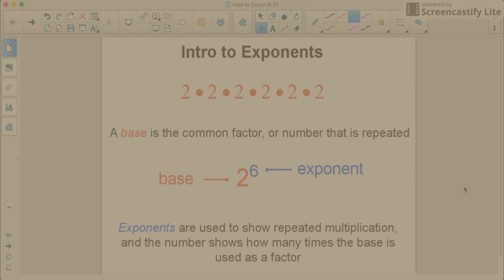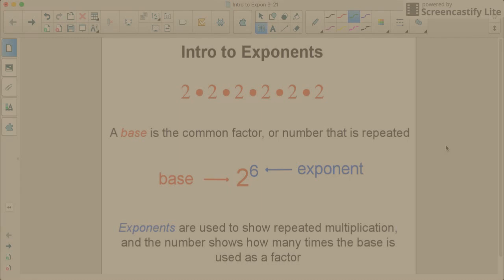Today we are going to begin our intro to exponents. As you can see below, we have the number 2 multiplied against itself multiple times. What does this mean? The number 2 is a base, and a base is the common factor or the number